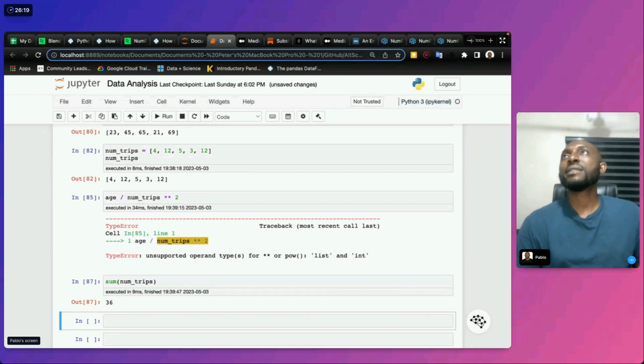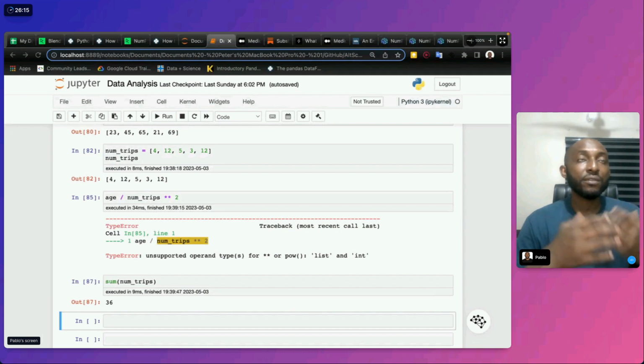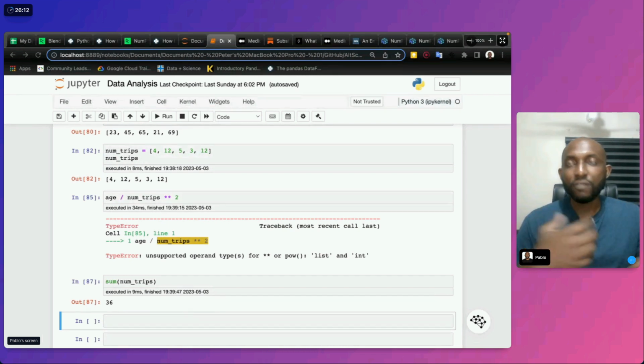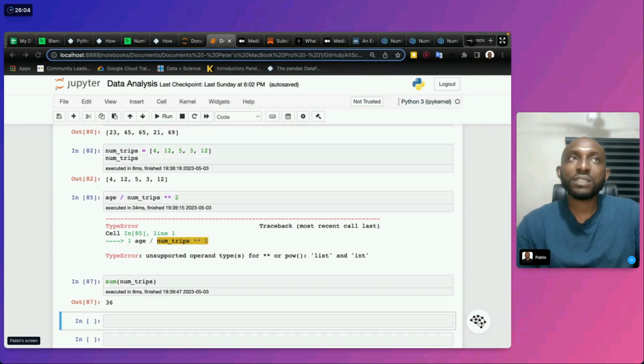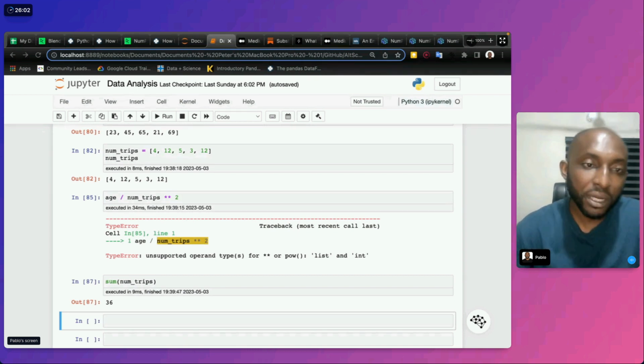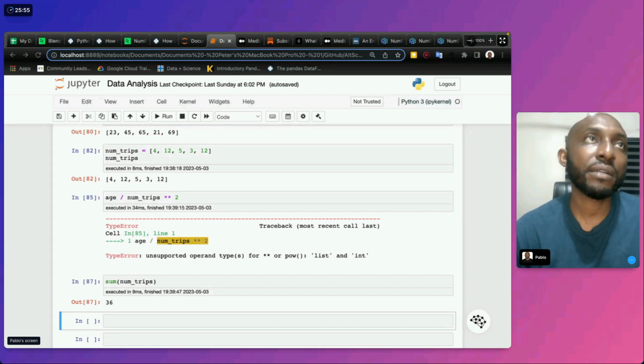So why is it that we're finding it difficult to do this kind of stuff? Of course, sometimes these are limitations you have with lists and integers. You can't really do that because they are lists. But this is where NumPy comes to save the day.